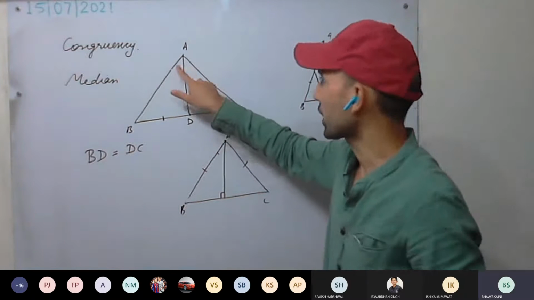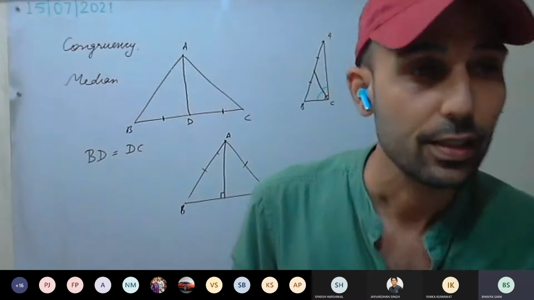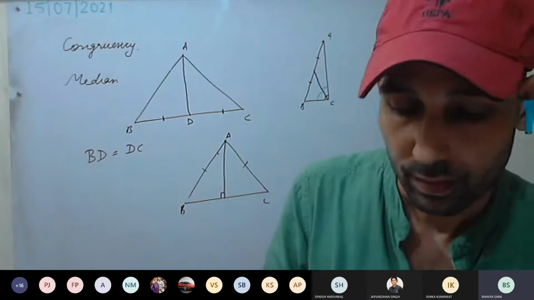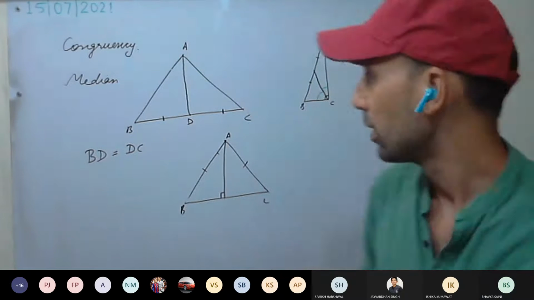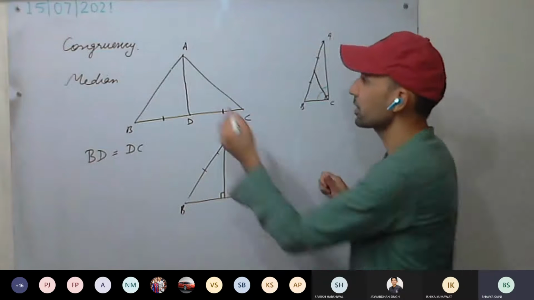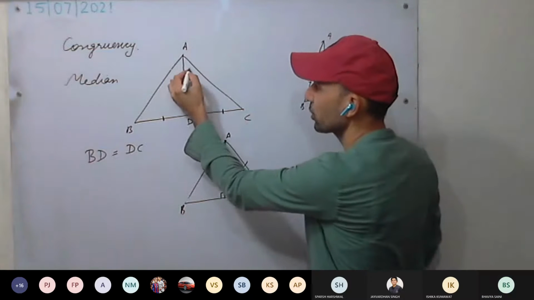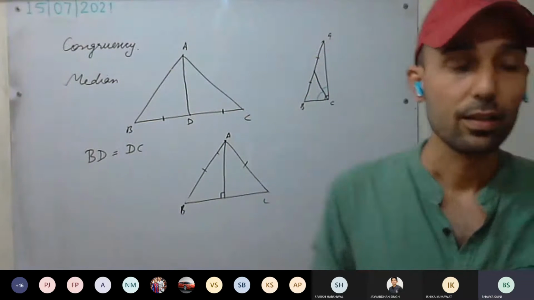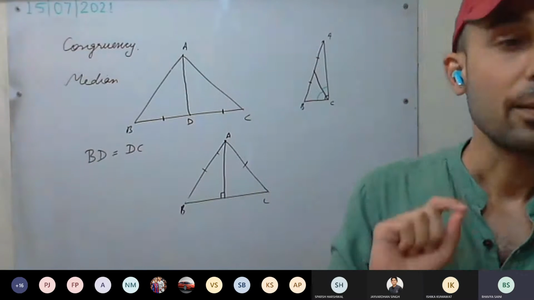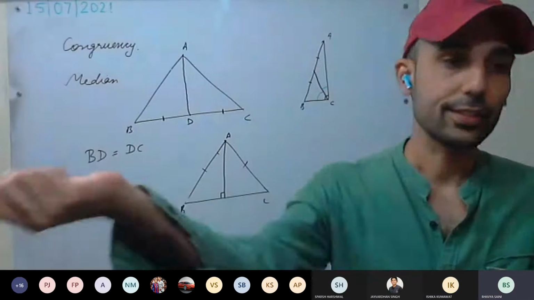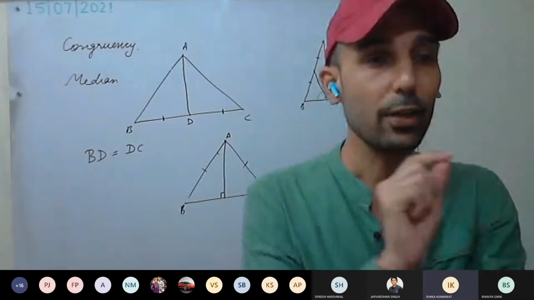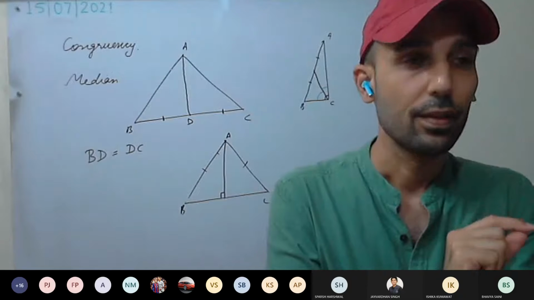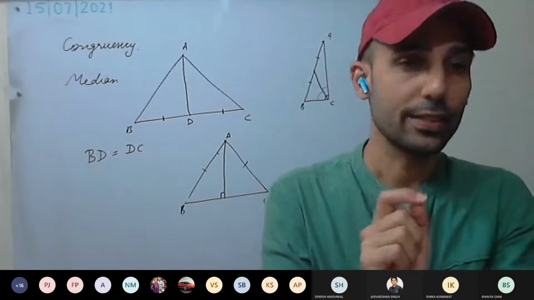Now, where does it bisect? The angles are the same in those cases and they are not the same in others. Can you tell the conditions where it bisects? We'll discuss that one. See here, the median may or may not bisect the angle.